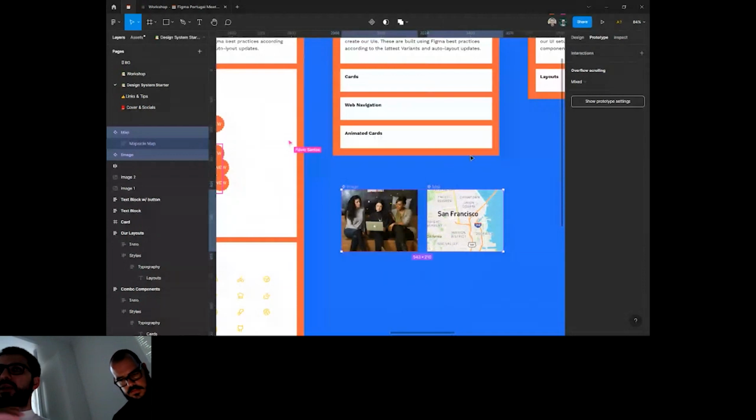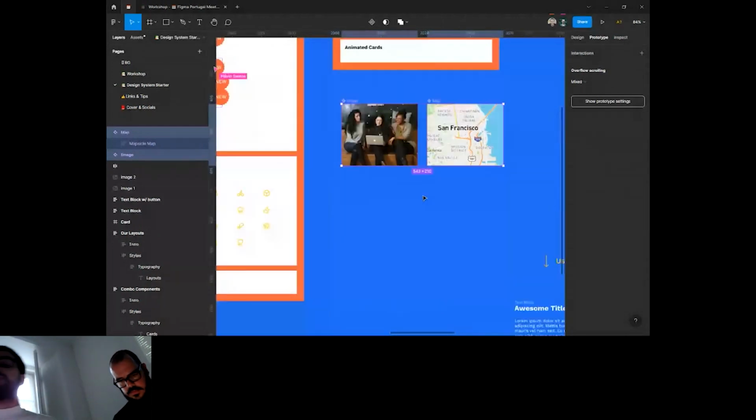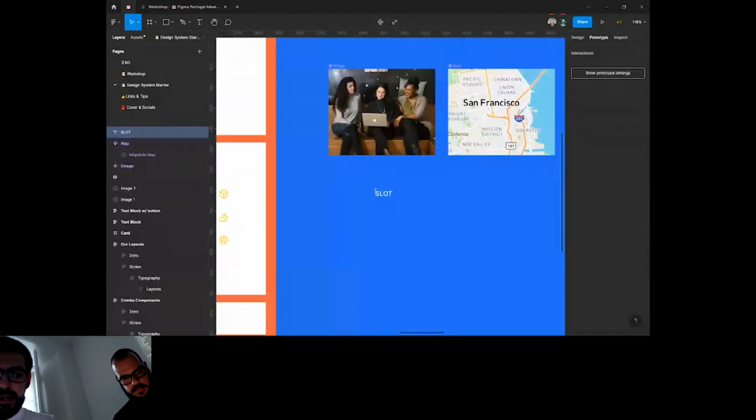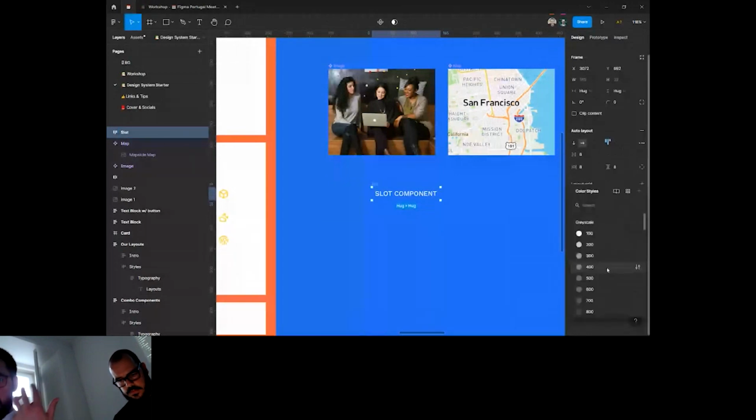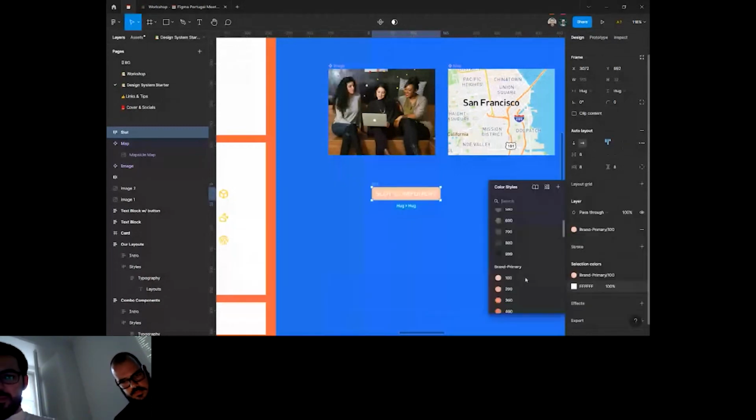And the slot component literally is just a placeholder for content, but now it's easier to replace with instances, the instance properties. So we're basically just needing more, almost like a button. You just write something like slot component and put it in auto layout, make sure that it's properly built, call it slot if you want to. I usually make them so that they look like something that is replaceable by default. So like soft colors or something that doesn't have that much readability on purpose,